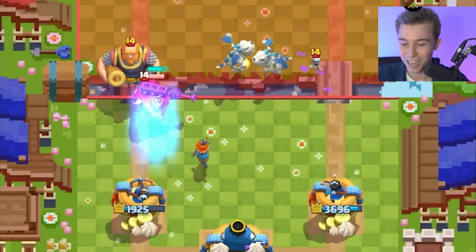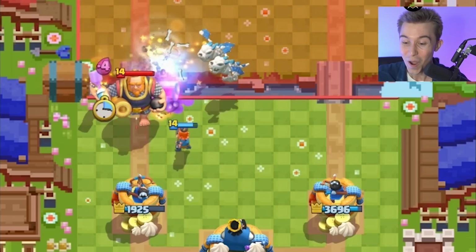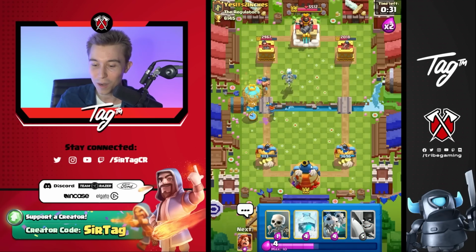I think he realized it wasn't a counter, then he freaked out. All right, so we Tornado at the last possible second and pull everything back. Lumberjack here. Wow, I really like this deck on defense. The fact is, we just shut everything down and get a huge counter push with the Lumberjack, Balloon, and Skeleton Dragons,